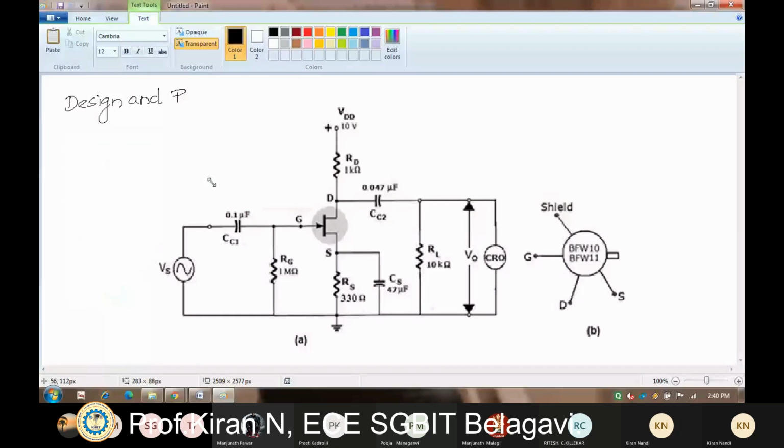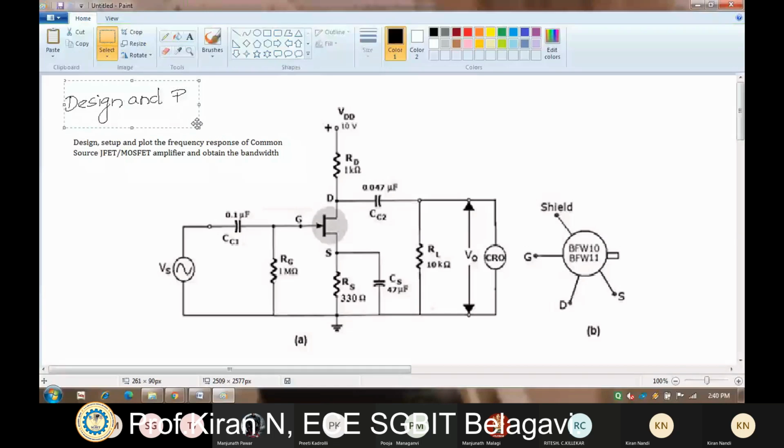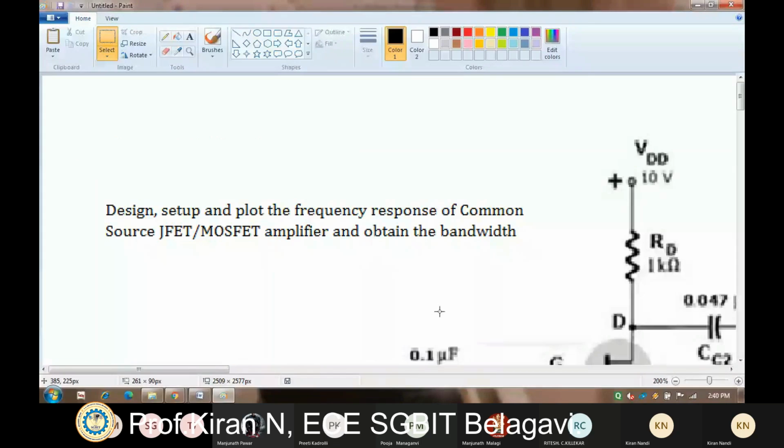So this is the aim of the experiment, what we have to do. I hope it is clear. Okay, so design the setup or the circuit and plot the frequency response of a common source JFET or MOSFET amplifier and obtain the bandwidth for it. So here we are using JFET, not a MOSFET. Okay. So before we start with this,